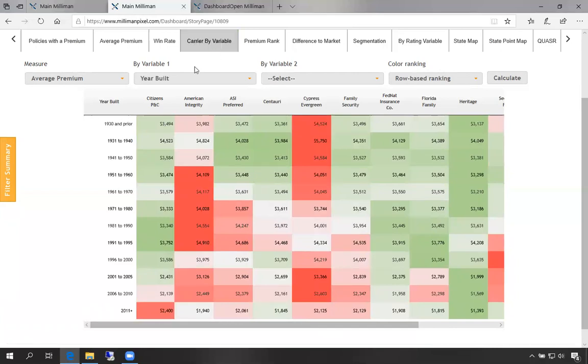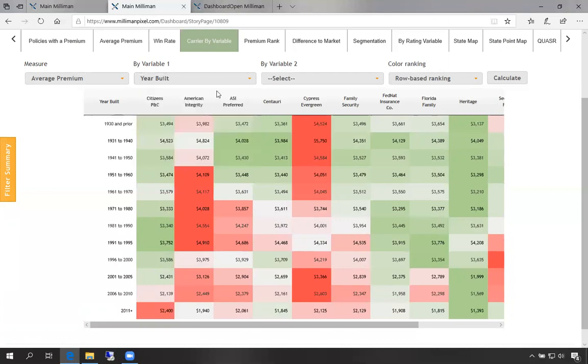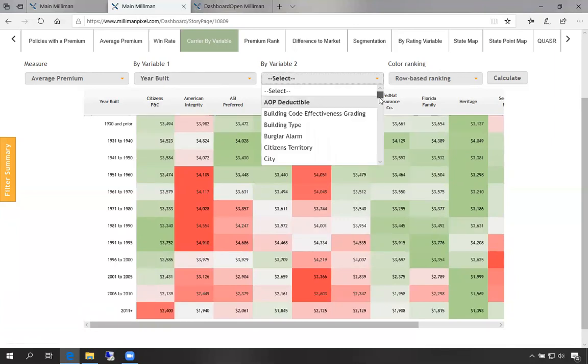If you'd like, you can also do a two-way analysis where you can look at a particular fix for one variable and then see how it varies by the other. So let's keep the year built theme here, and then we'll look at Coverage A within a particular year built.